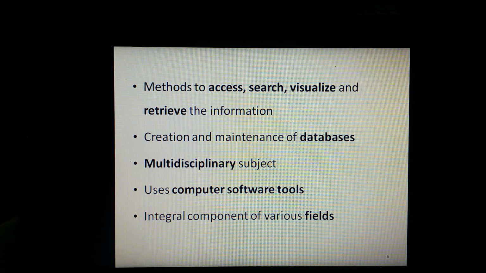Functional genomics, biomolecular structure, proteome analysis, cell metabolism, biodiversity, downstream processing in chemical engineering, drug and vaccine design are some of the areas in which bioinformatics is an integral component. So these are the fields in which bioinformatics has a major role, and it has brought a revolution in these fields.